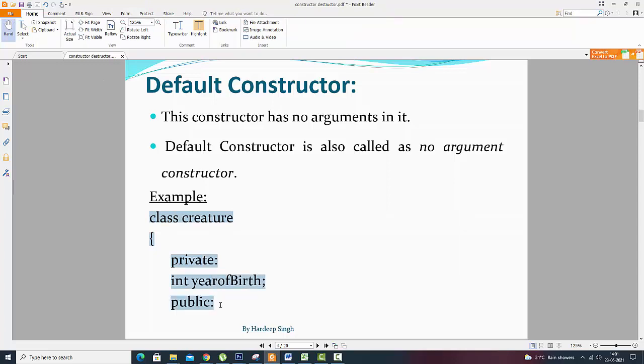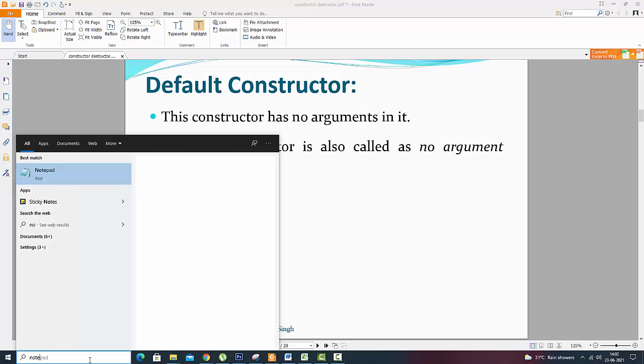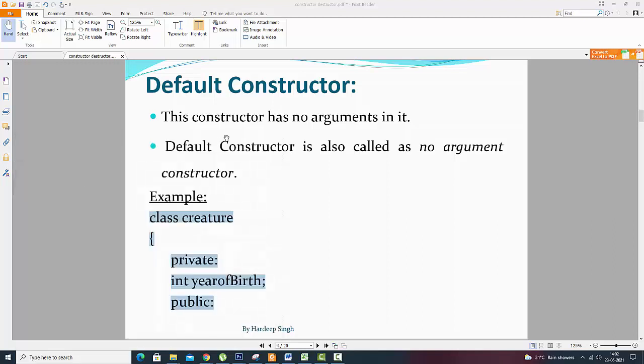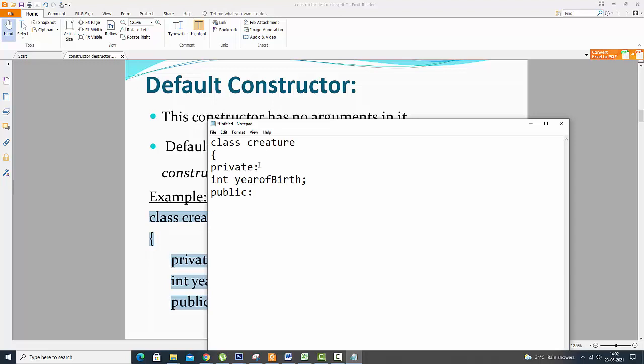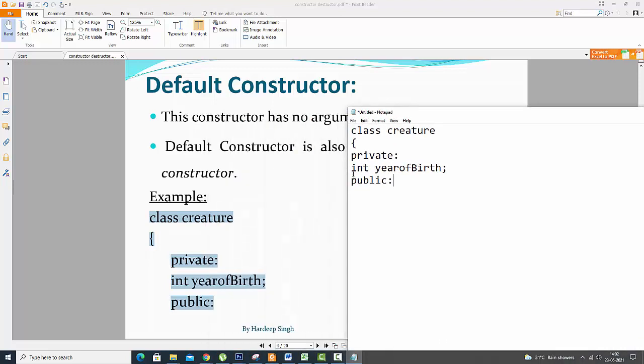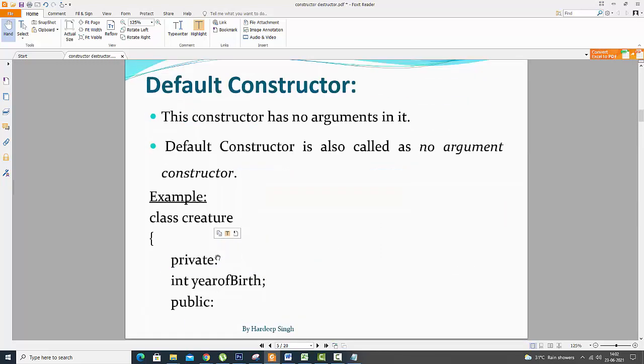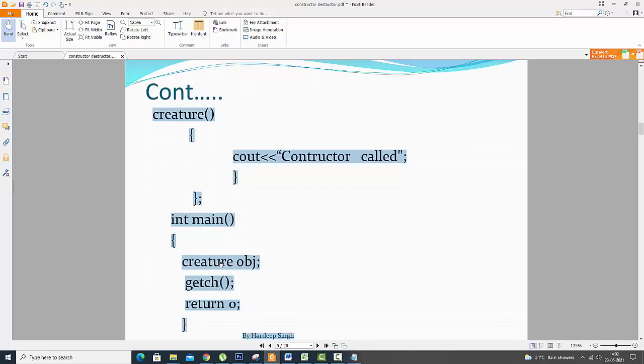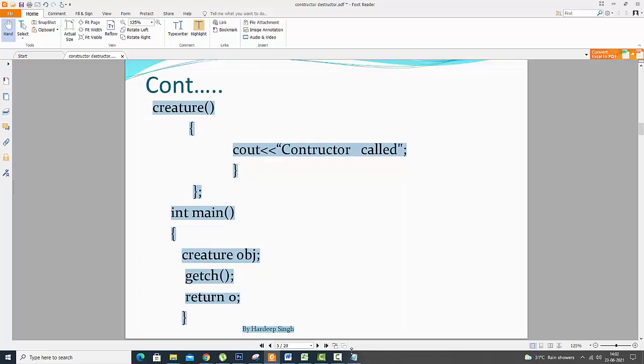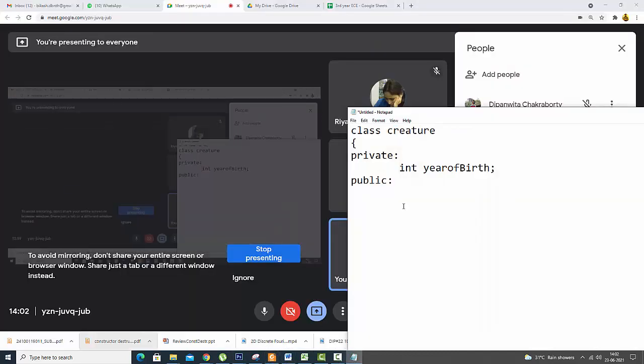If I write the total thing within a notepad, we have a class creature, and we are also creatures. There is an integer year of birth given, and then public, where they will try a constructor. Let me copy this one and put it here.